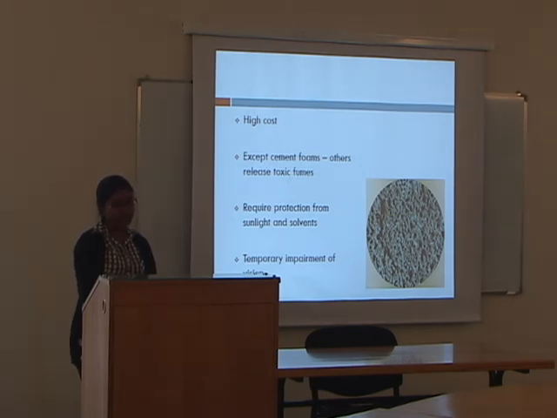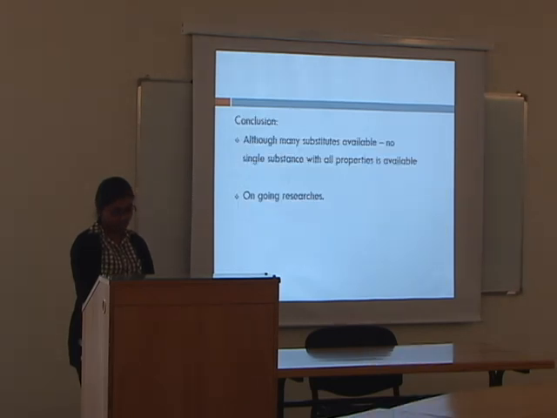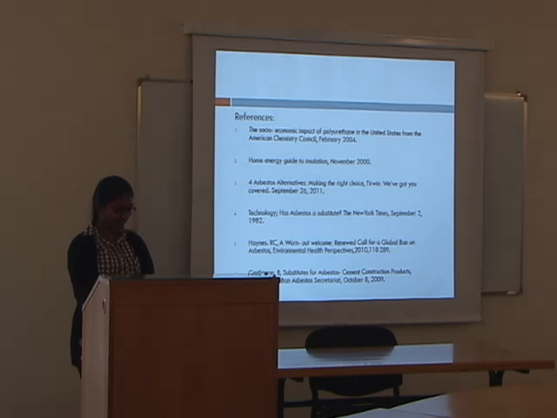On using this, people have been seen with temporary impairment of vision, for about 2 to 5 days. It causes irritation of skin and also irritation of the eyes. Although there are many substitutes available, it is said that no single compound can replace asbestos because asbestos has many properties, and researches have been going on to find the exact compound. Until now, nothing has been found. Each of the alternatives we saw has different properties and different uses, but there is no single compound which can become like asbestos and give its uses and references.